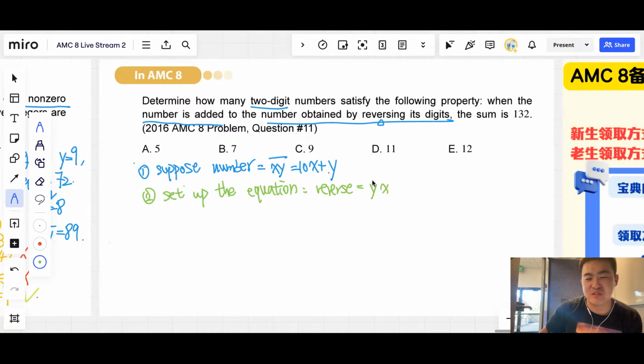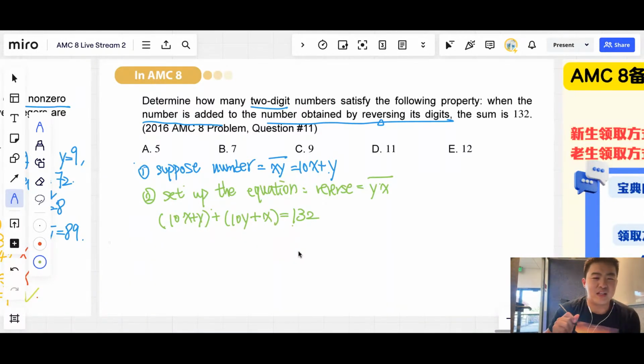So now y becomes the 10th digit, x becomes the unit digit. Still a little horizontal bar above to denote this is a number. Now we are going to set up the equation. So the number itself, 10x plus y, copy it down from the previous step, plus the reverse number, y-x bar. So that's 10y for the 10th digit, then plus 1 times x for the single digit. And their summation is